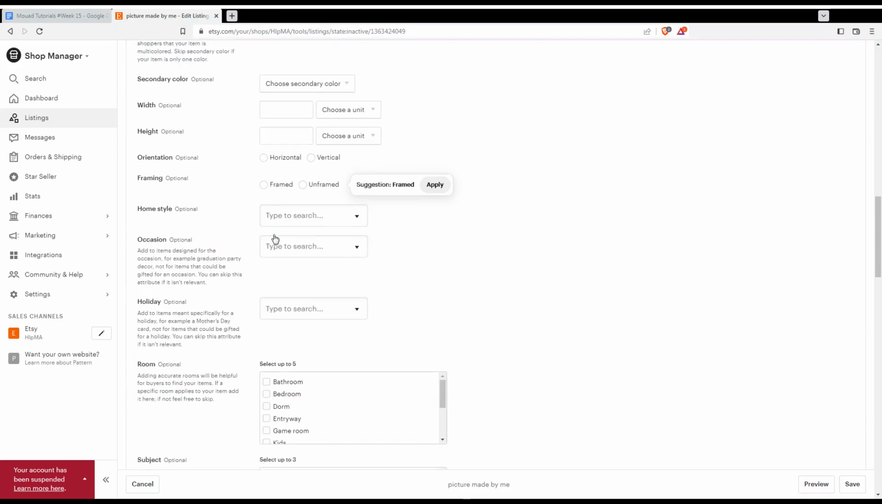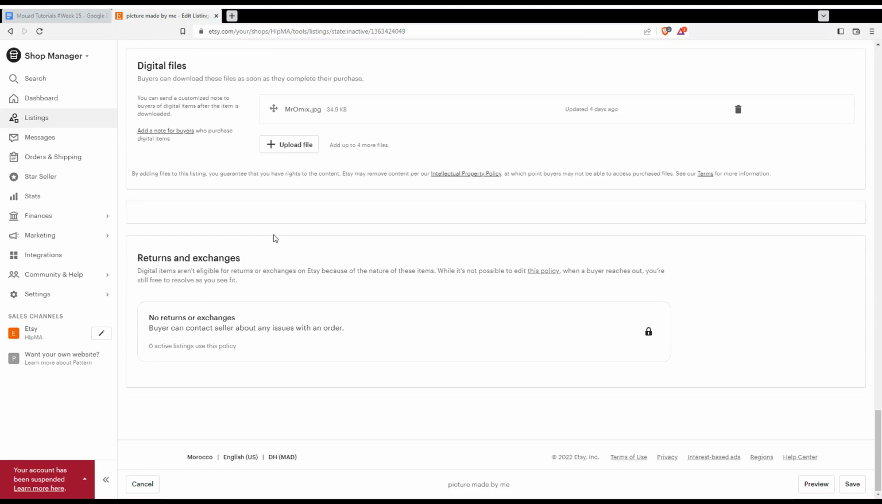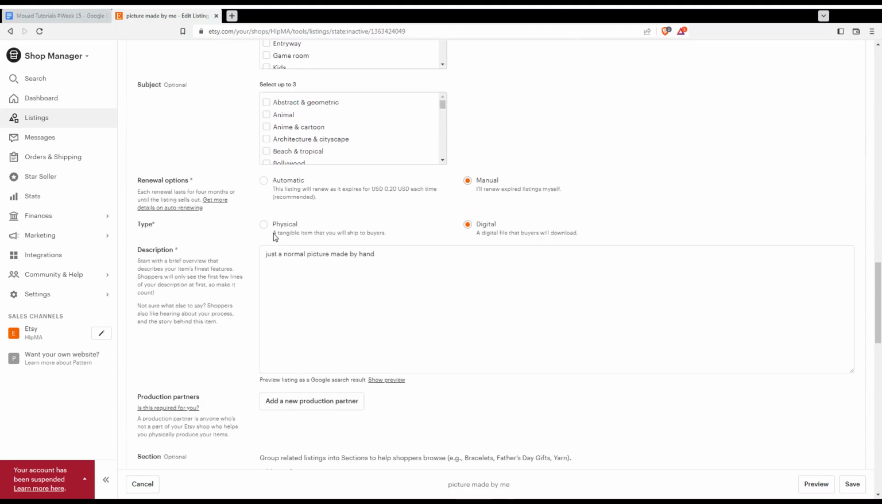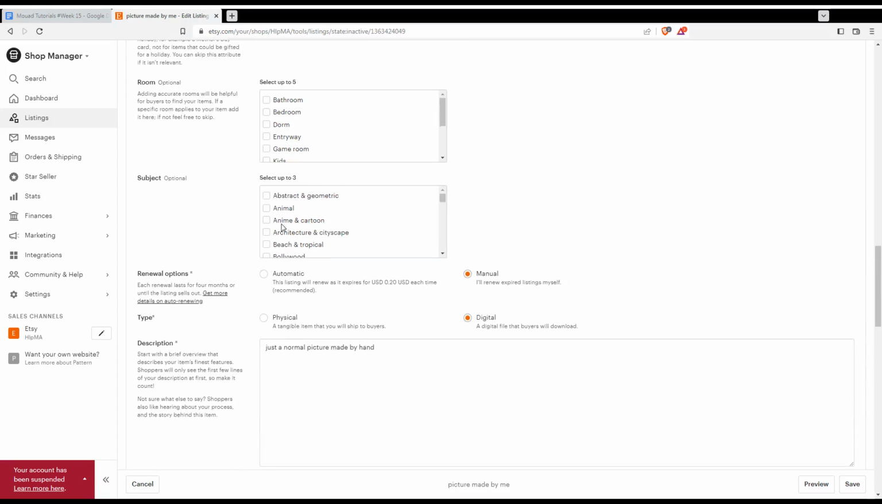If you want to list a digital option, just scroll down toward the bottom of the page, or sorry, it's not here at the bottom. Let's just check for it. Here it is. So as you can see, you will find it here in the middle of the page, and here we have the type, physical or digital. So of course you would like to choose the